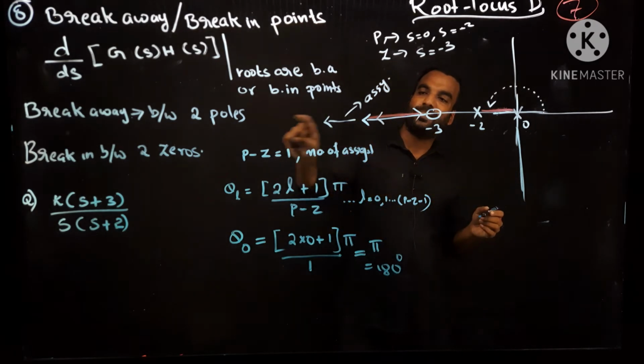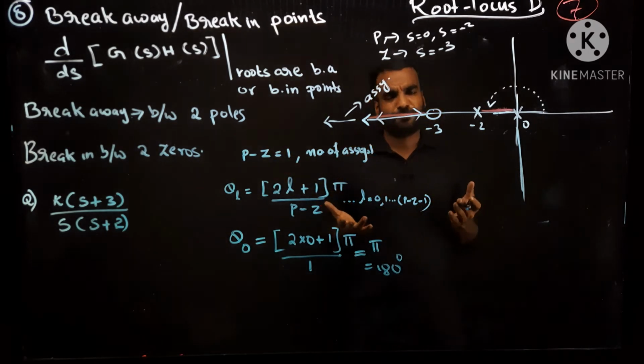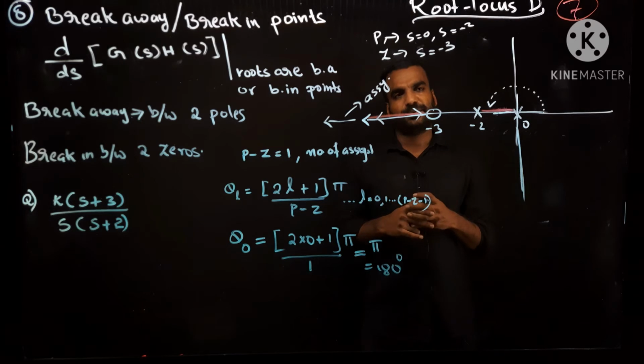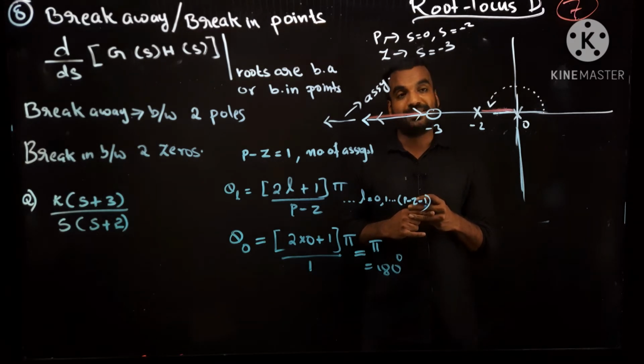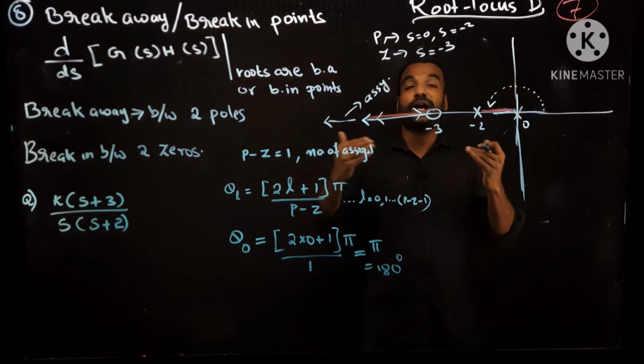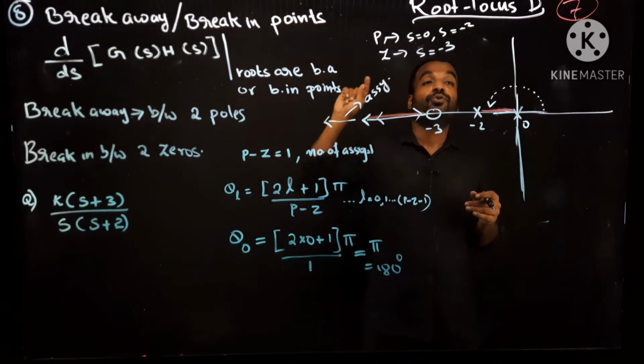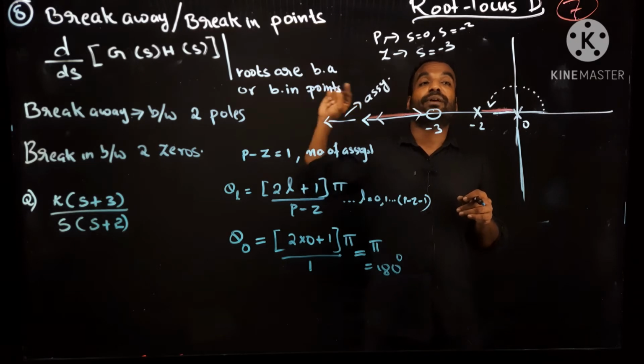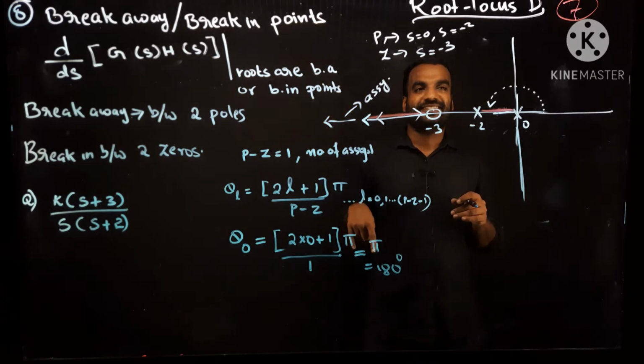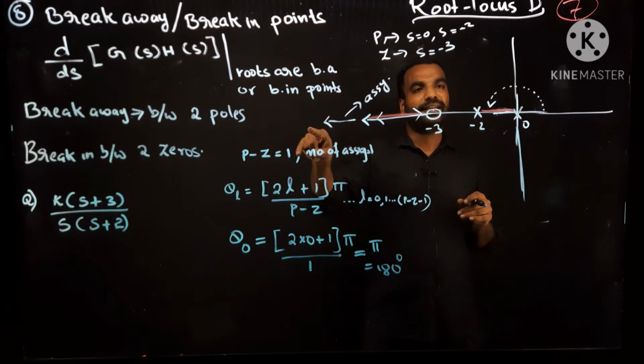One will travel towards this direction, the other will travel towards infinity. So what is an asymptote? Asymptote is a direction of root locus branch. That was the definition in the last class. Now I am adding something more. Asymptote is the direction of the root locus branch to find the pole or zero at infinity. If something is missing and we have to find it from infinity, then only is the asymptote needed.